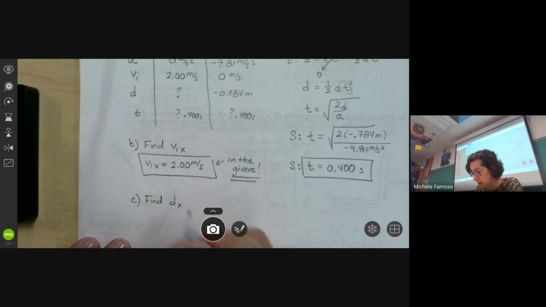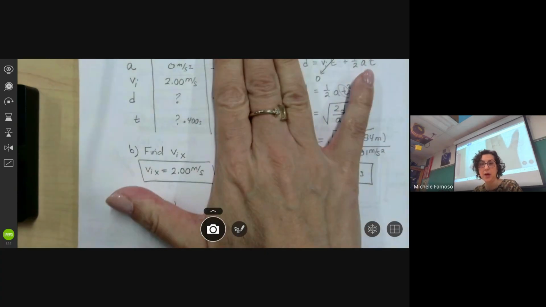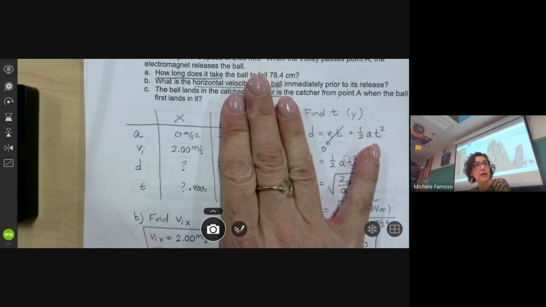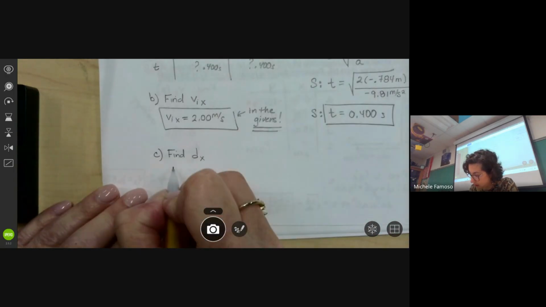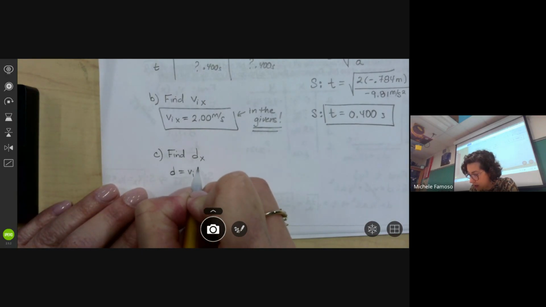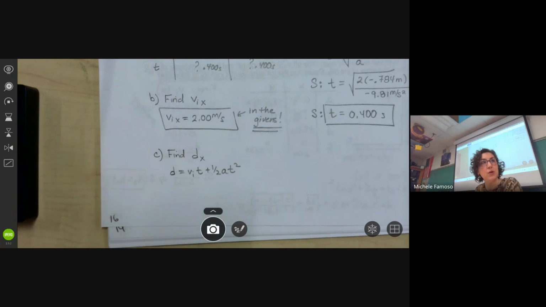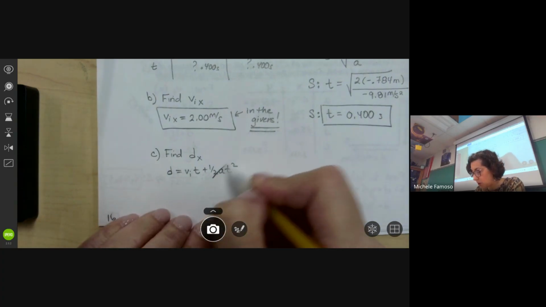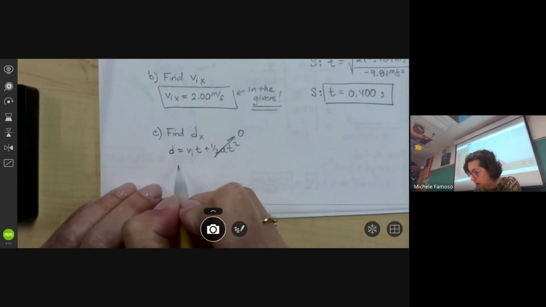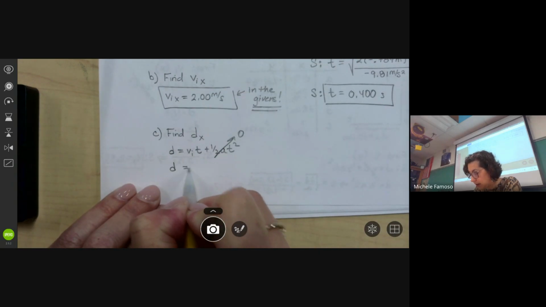dx. That's right, d in the x direction, which means we cover up the y direction and we only look at the x. Max, what equation can I use in the x direction to help me get that d value? That's right, same one. Khalees, what is going to cancel out in this equation when I use it in the x direction because it's 0? Yeah, because A is 0, so this part of the equation is going to disappear,